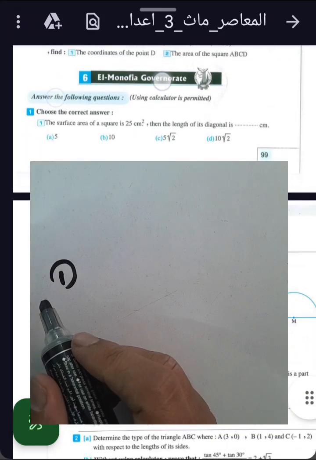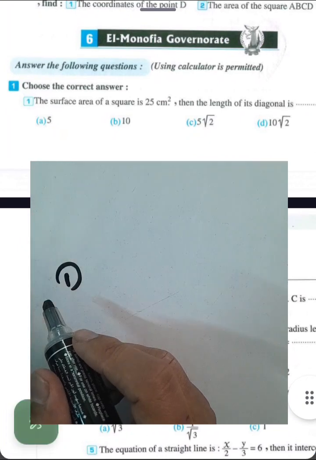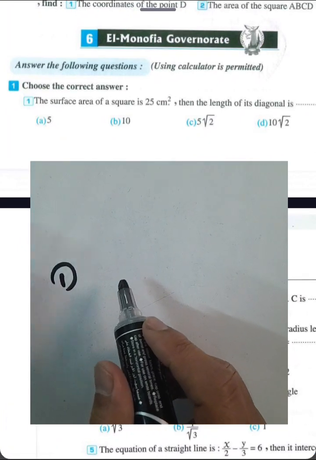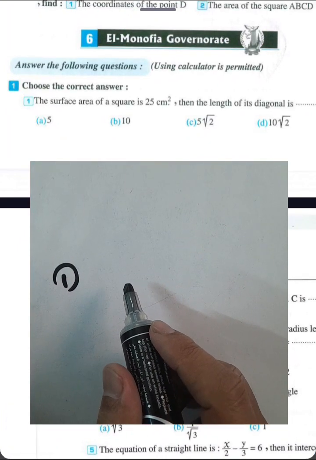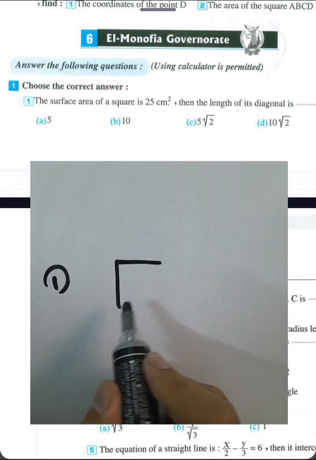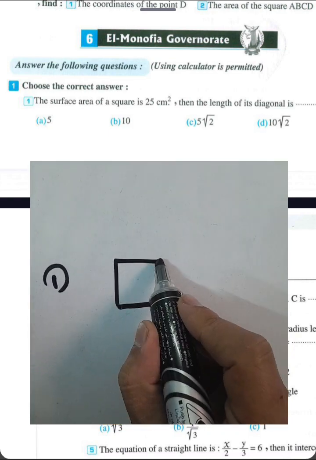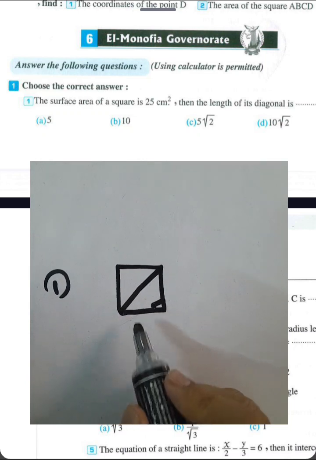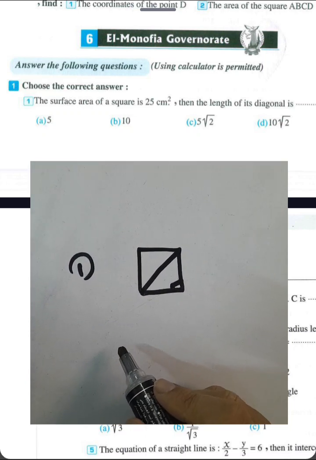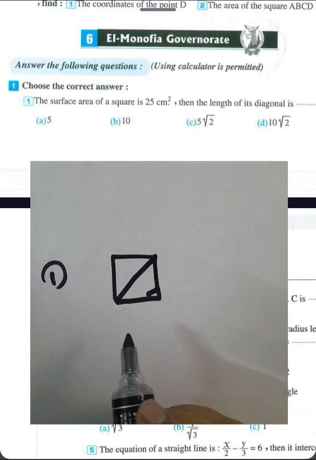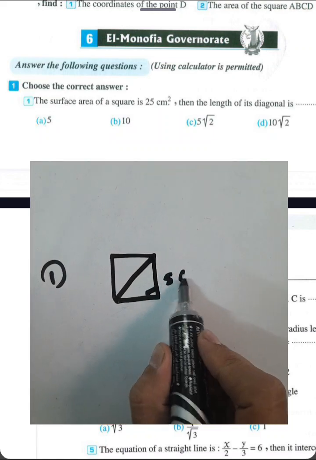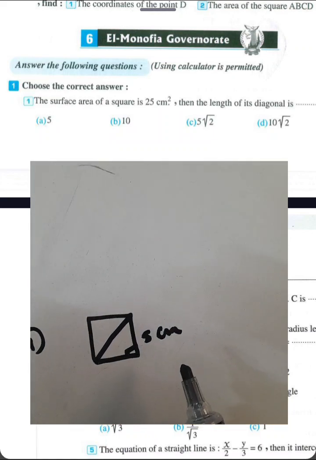About question number 1. The surface area of a square is 25 square centimeters. What is the length of the diagonal? We have a square and we want to find the length of the diagonal here. He gives us the area equal to 25, and the side length will be 5 centimeters because the area of a square equals